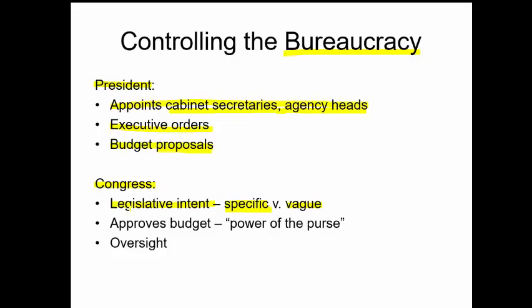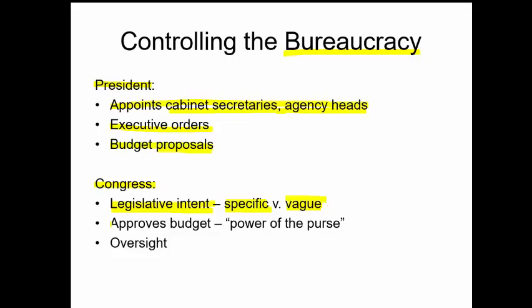So therefore, that's a way that Congress is putting them on a short leash and trying to control what the IRS is doing by making that bill more specific. Now, on the other side of the coin, for example, they could make a bill that's pretty generic or vague, for example, to the EPA and say, okay, we just want you to lower pollution on a certain industry, and so they can make a very short bill. And then the EPA would have a lot of leeway and a lot of leverage to try to figure out how to enforce the factories and these private firms to lower their pollution.